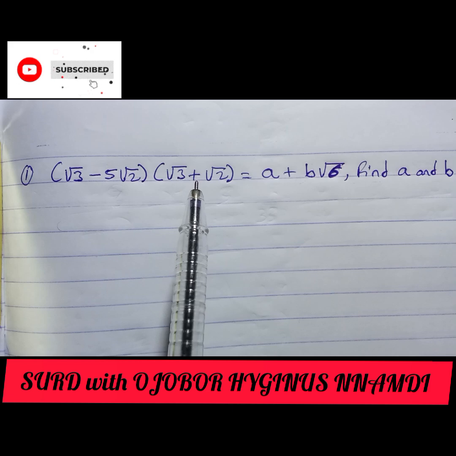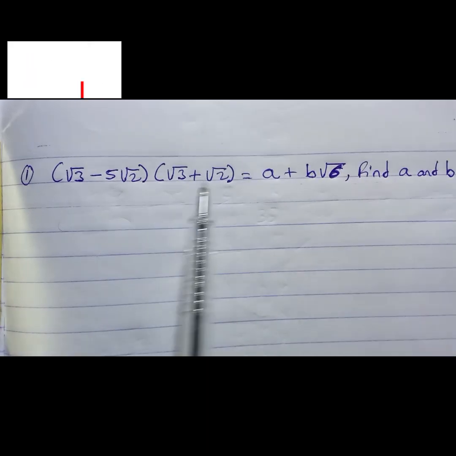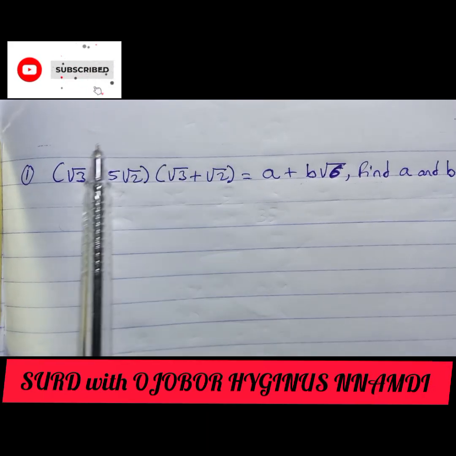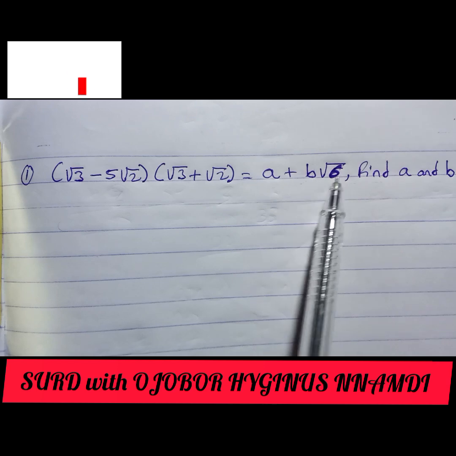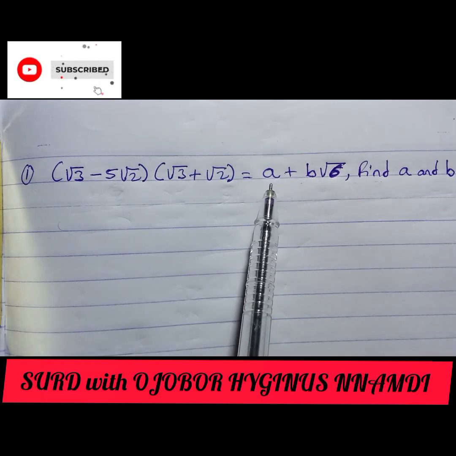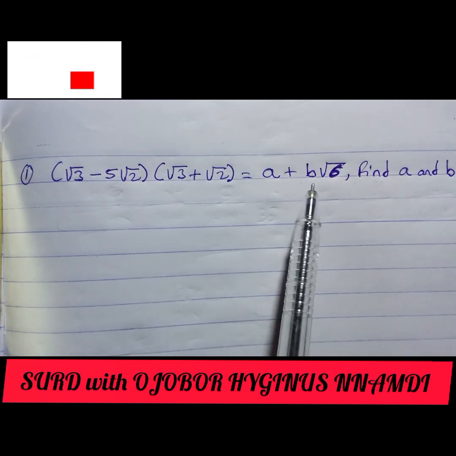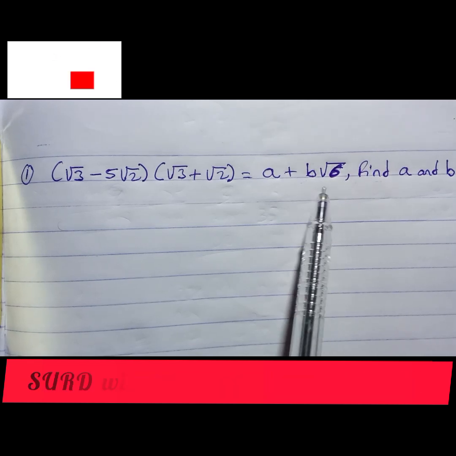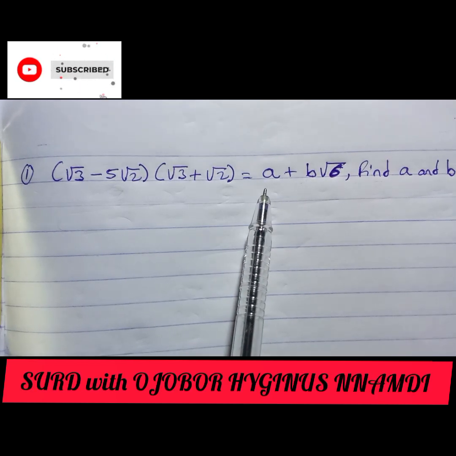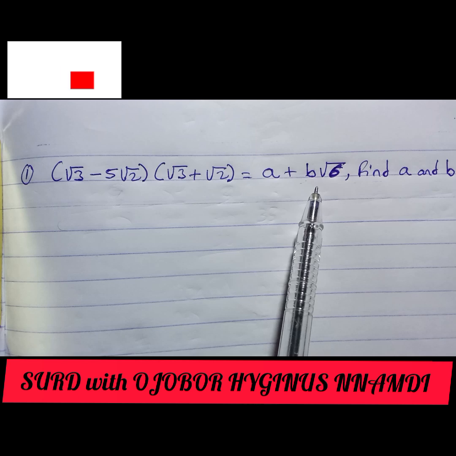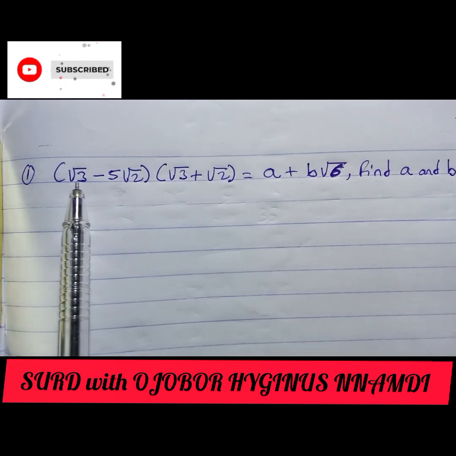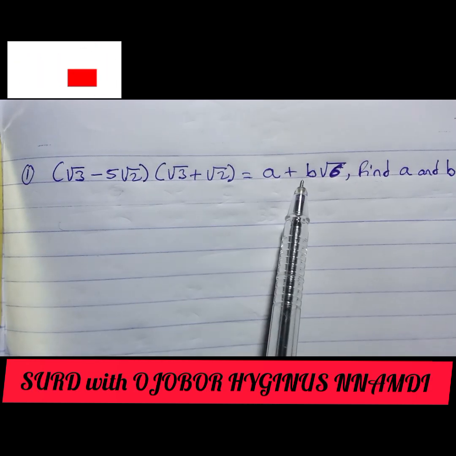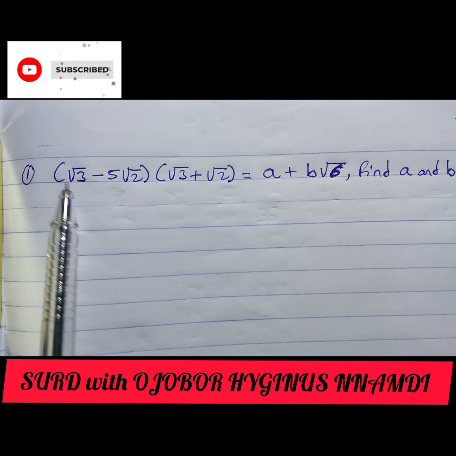It is always advised that you solve this left hand side of the equation to look exactly like the right hand side, so that we'll have an integer plus another integer, then √6. If we have that, the first integer becomes a, the second integer becomes b. So that is what we are going to do: simplify this left hand side to look like this right hand side. And looking at what we have at the left hand side,